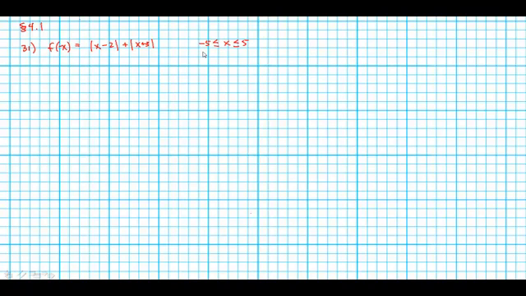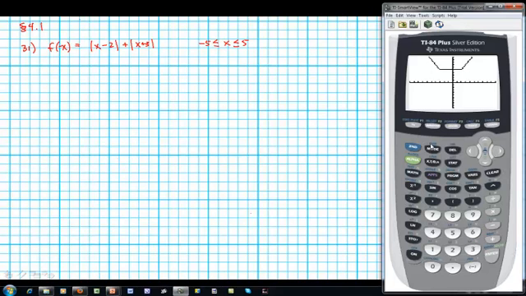Now, there's two ways that I can handle this problem. One way would be, let's look at the graph. And if we look at the graph of this function, now this is just using the standard window. So let me set the window to match the limitations of the interval that we're interested in. And if I graph that, it looks like maybe I need a little bit more y, so let me adjust my y. Don't need so much there, so let's go from -5 to 15. So if we do that,